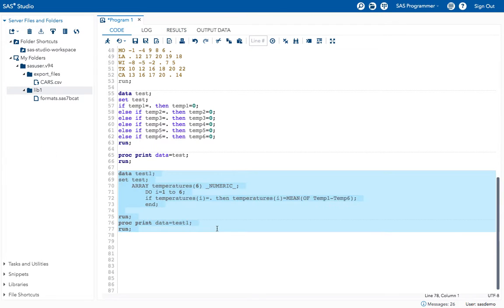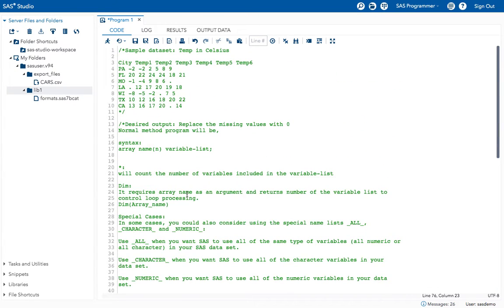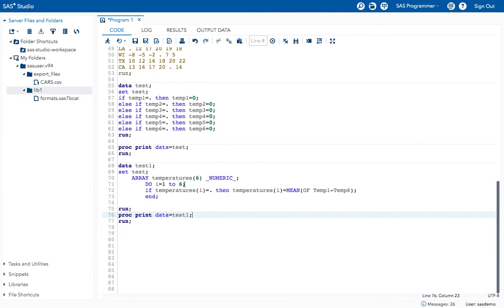This is another shortcut. Or else, instead of giving do i equal to 1 to 6, you can mention a star or asterisk. This will count the number of variables included in the variable list.